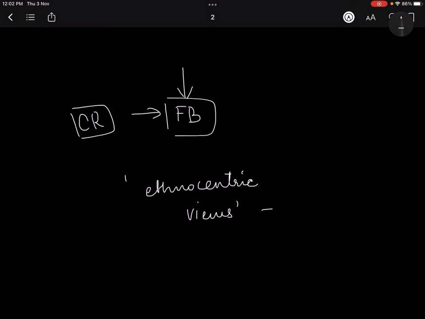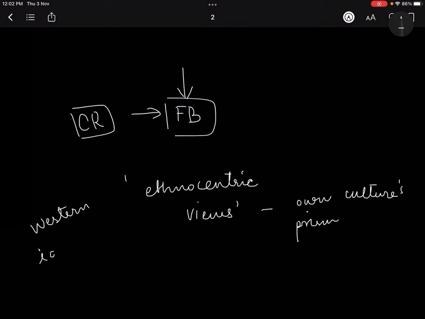That means how you view other cultures with your own prism or perspective, right? With your own culture's or society's prism. That means whatever you think you are doing is right and what others are doing is wrong. Okay? Because you are judging them based on your own perception, right? So this concept you can also say was very Western ideology dominated,